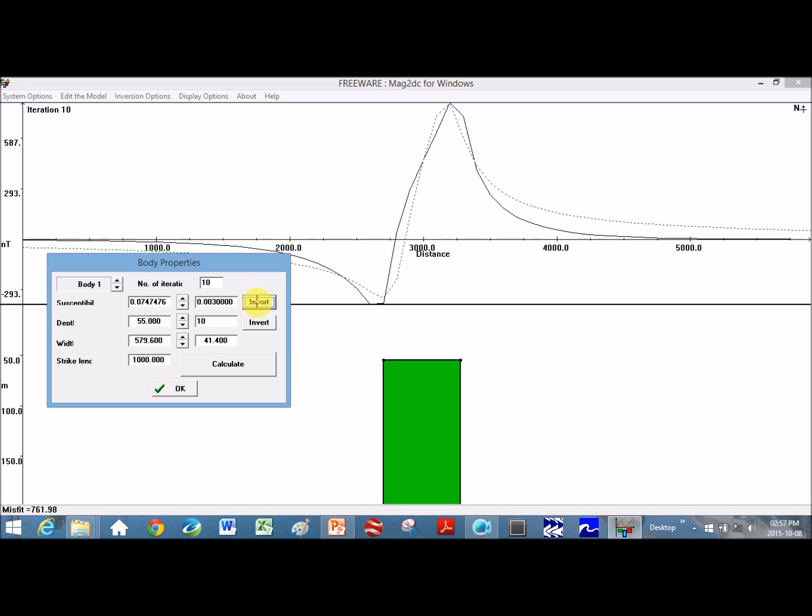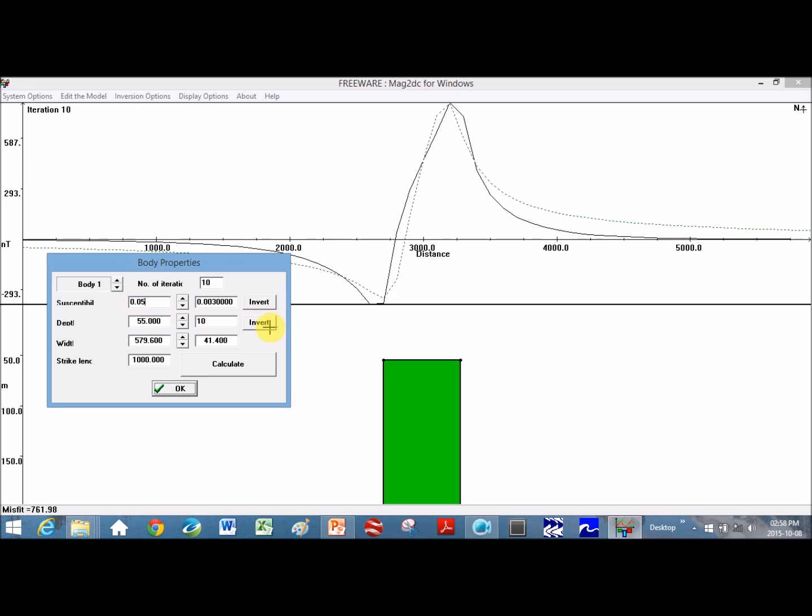No? Mine does. And it jumped up, I think mine was 0.05 or 0.06. It's gone up to 0.07. So it's just saying I needed a higher susceptibility to fit that value. But the problem is, I'm going to go back, I'm going to put this back to 0.05, my susceptibility, and